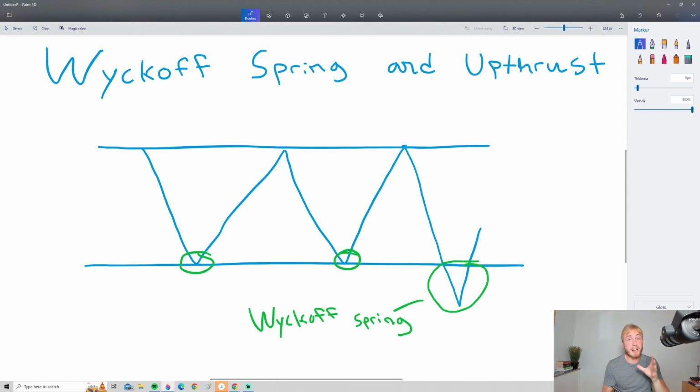And this can actually be a very powerful pattern that you can trade. And it's, for example, involved in the failure test pattern. I have a video about that specific trading strategy. If you want to check it out, I can leave it up in the corner. But the Wyckoff spring can offer a very nice trading opportunity, because when the support breaks here,